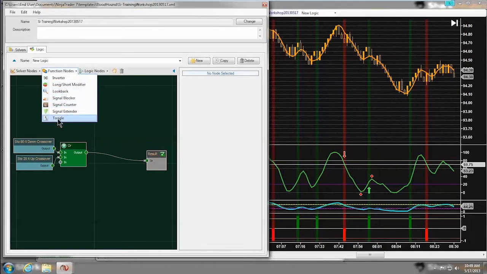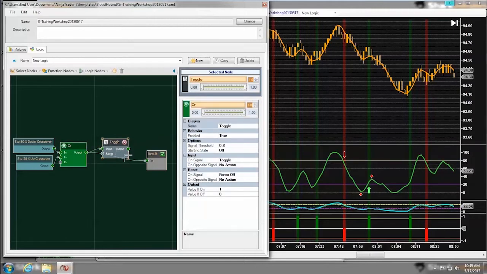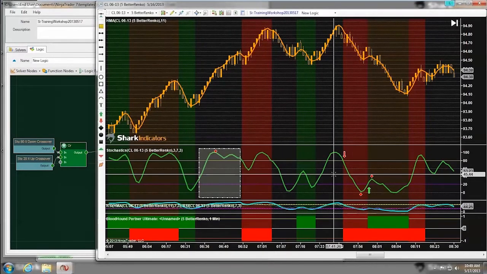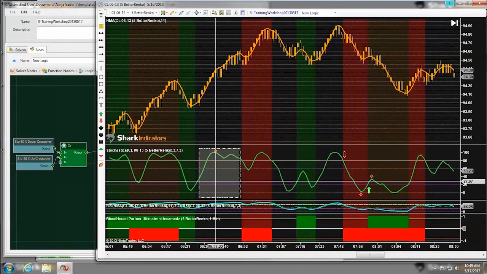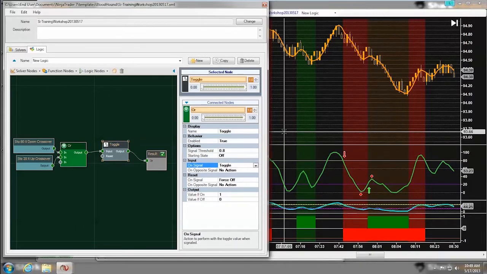All right, so with the toggle node, lately I've been using the toggle node a lot with you guys. This has been a really handy function node. Now, when we look at its default behavior, this looks kind of chaotic here. It looks chaotic because its default mode is toggle mode, right? So when in toggle mode, what it's doing is,